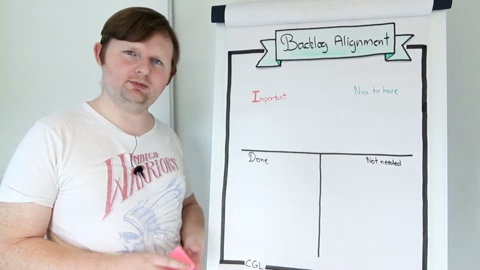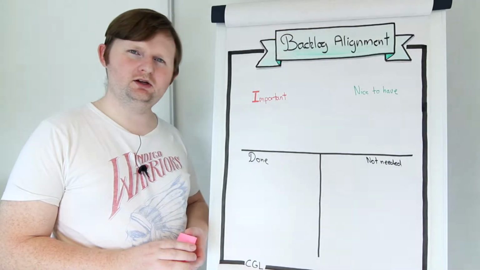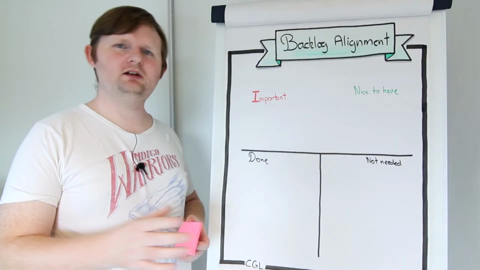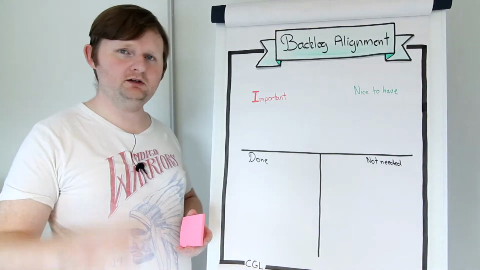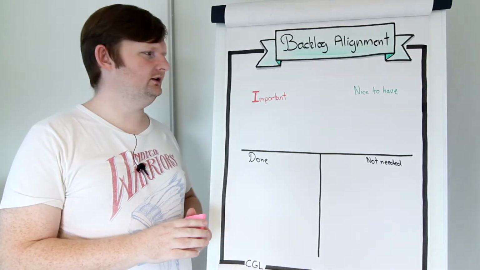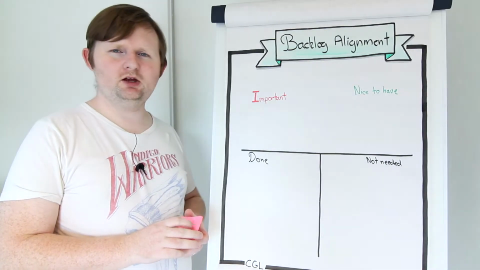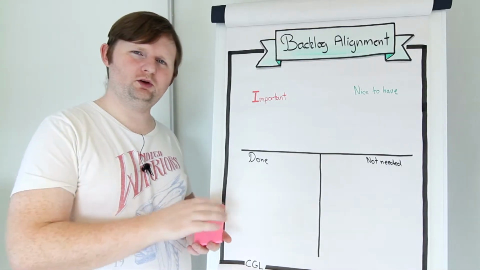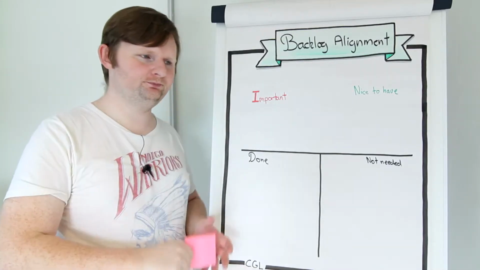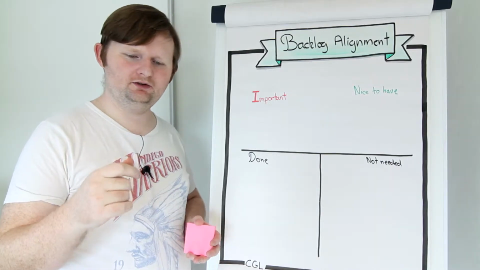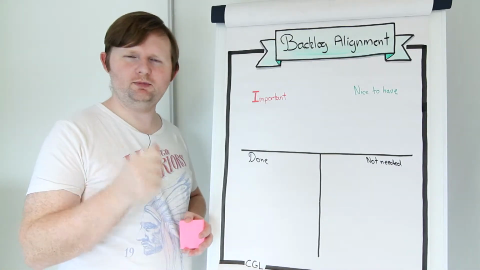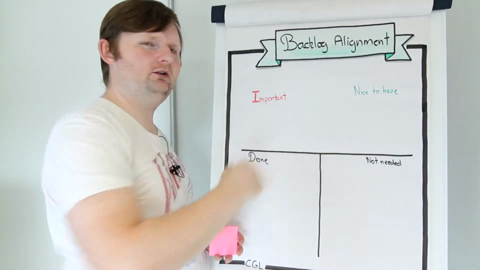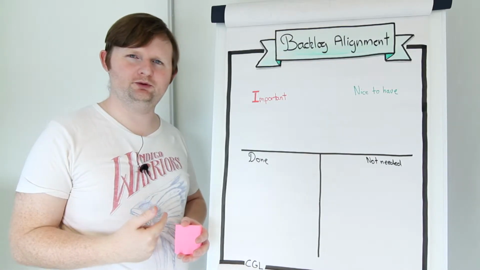What I have started to do is first print the entire backlog out on paper with all the details needed, so the title and the description and so on. Then bring the entire Scrum team, that is the developers and the product owner, into the same room and then go through it. But I'm not just going through it in a top-down manner. I just put all the backlog items, symbolized by these ones, on a table, and then the team just picks up a backlog item. And then they score it from important to nice to have from their own point of view in the first round.